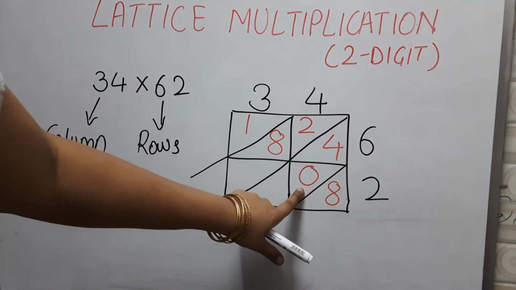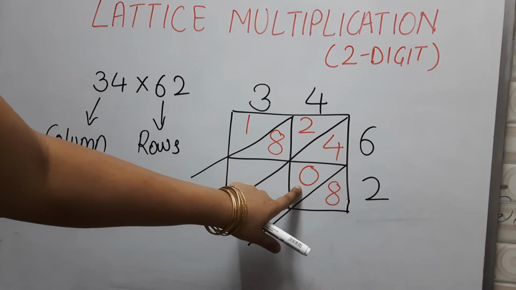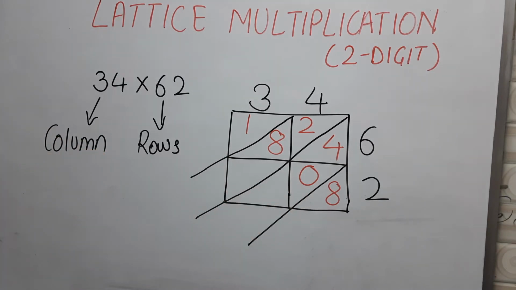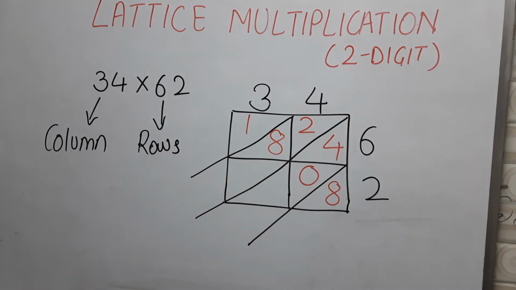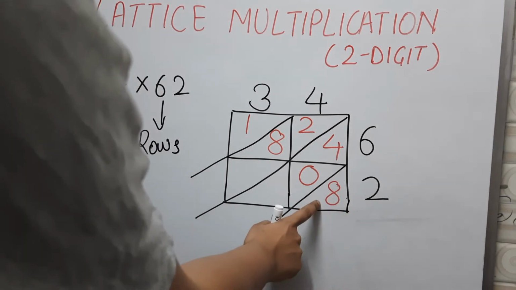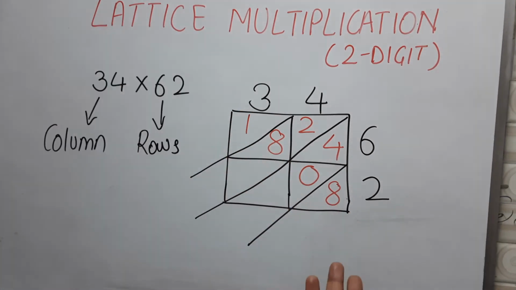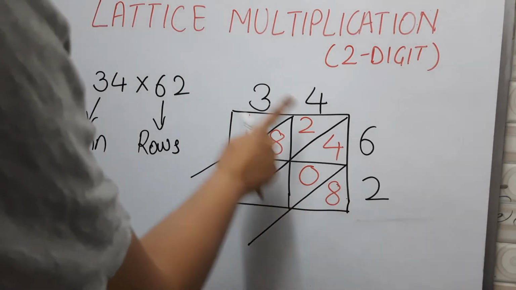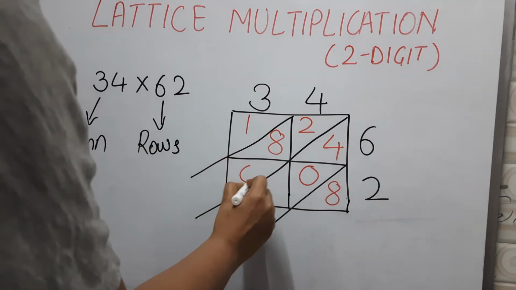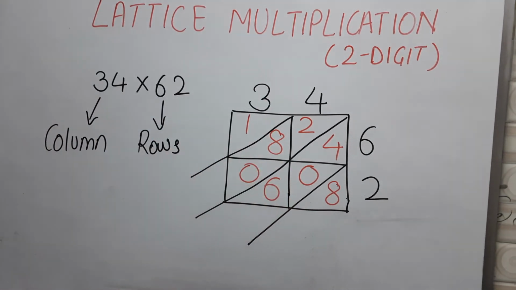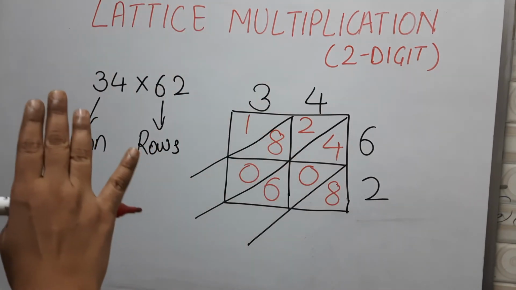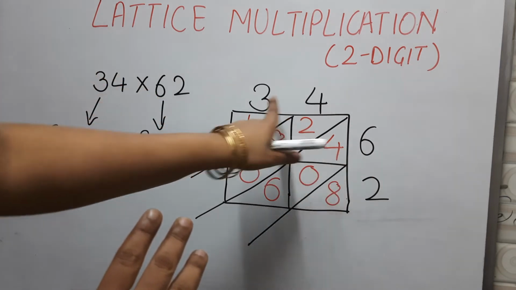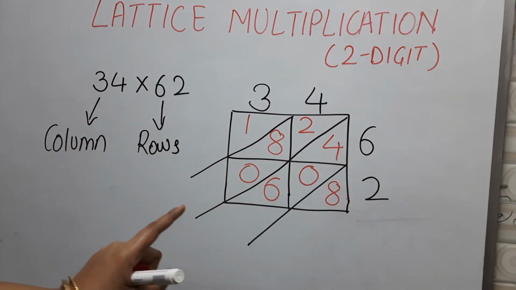This is a very important step, kids. Don't miss out on this, thinking that even if we don't write 0 it doesn't matter. It does matter when you write down your final answer. So don't miss out on this step. So 4 2s are 8. 8 is at ones place. I don't have anything at tens place, so 0. 3 2s are 6. Same way, tens place 0 and at ones place it is 6. Now the multiplication is done. I have all the products for all these digits.